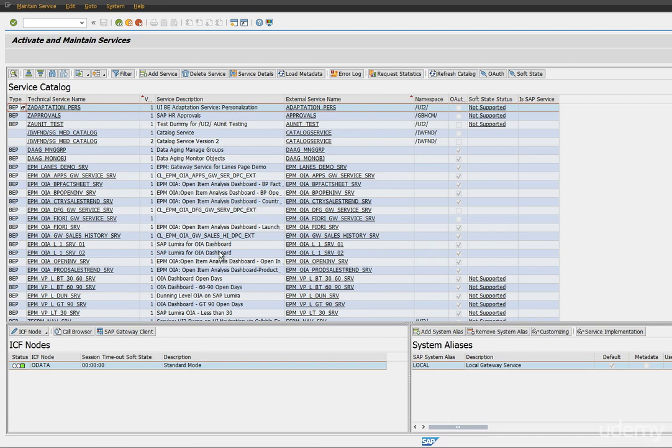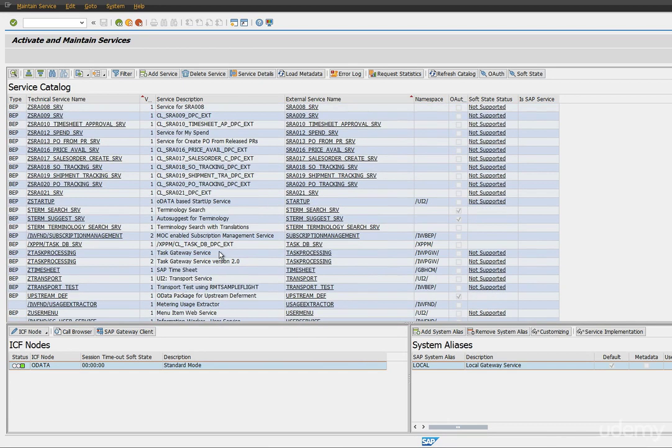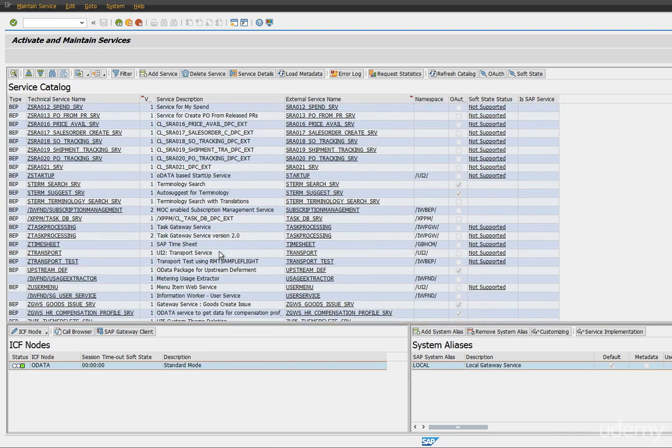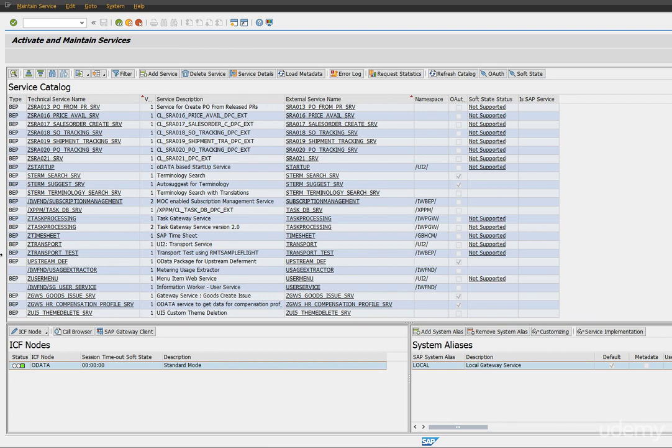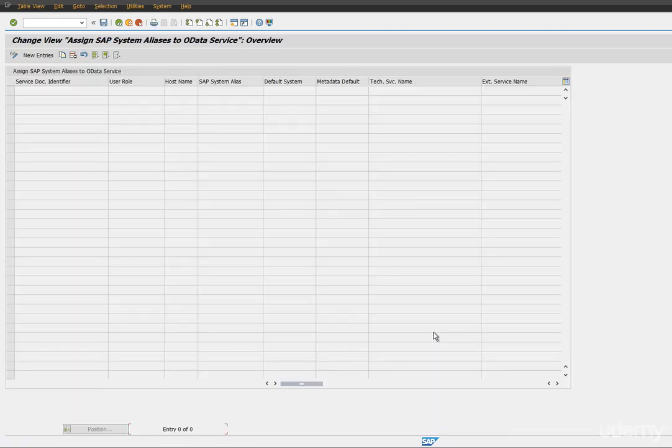So here, if you notice, we have already installed one HR add-on in the gateway. So I'm just trying to look for an example, let's pick the Z timesheet, which doesn't have any system alias maintained. So click on add system alias, click on new entries,